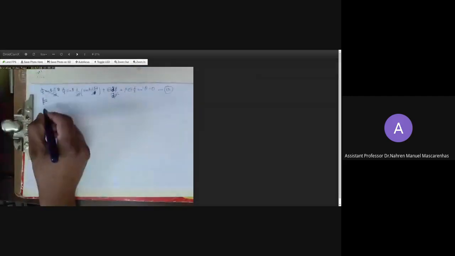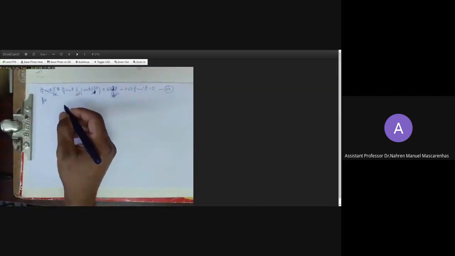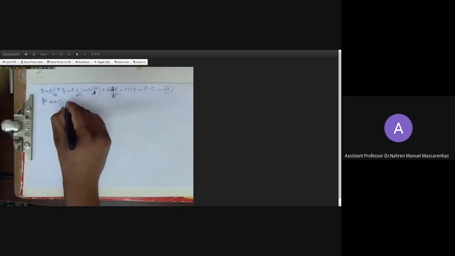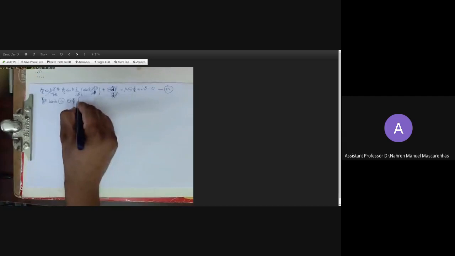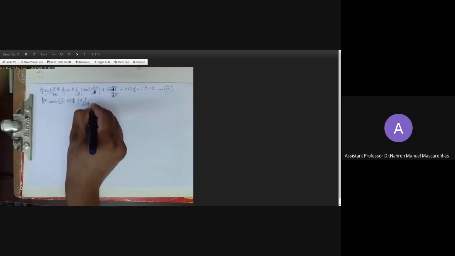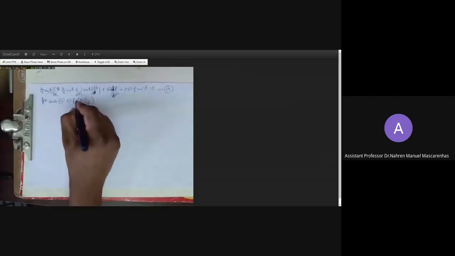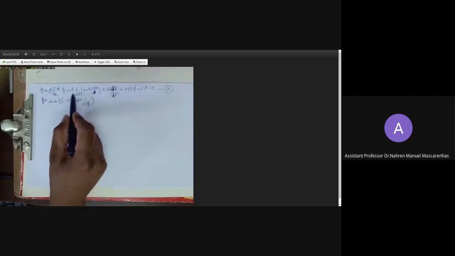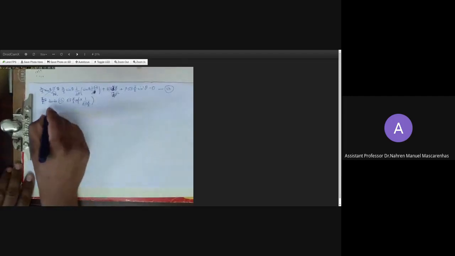Okay, so now if you look at this, if you divide equation 13 by capital theta and psi, or you can even say multiply this by 1 by capital theta and psi. Both are the same, however way you say it. So what will happen? Psi will get cancelled, so we'll have only theta here.